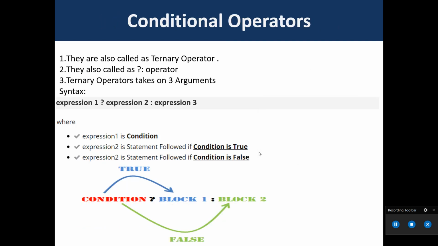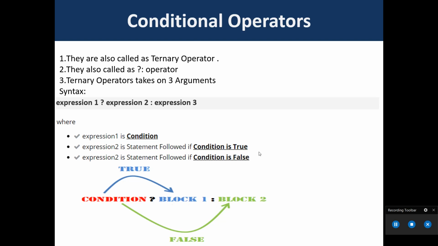Now, next is the conditional operator. The first operand is implicitly converted to bool data type. It is evaluated and all side effects are completed before continuing. An operator that works on three operands is called a ternary operator, and the conditional operator is also known as the ternary operator.